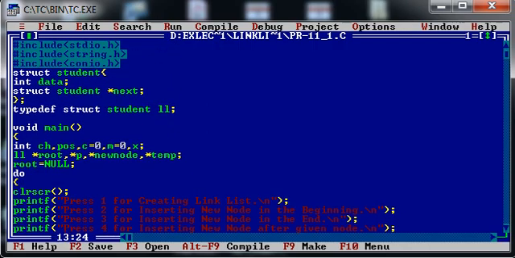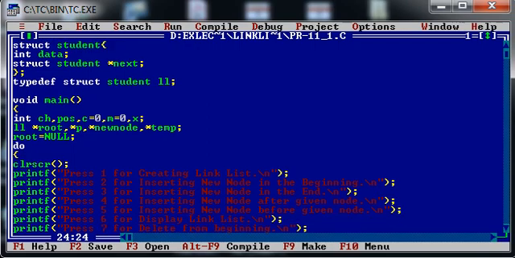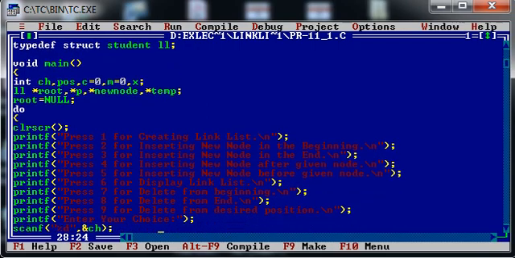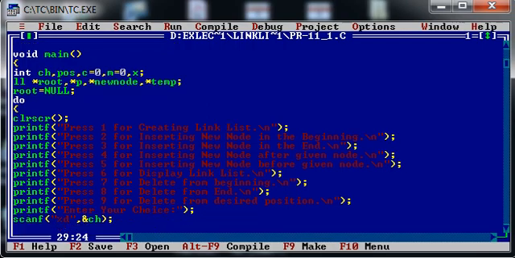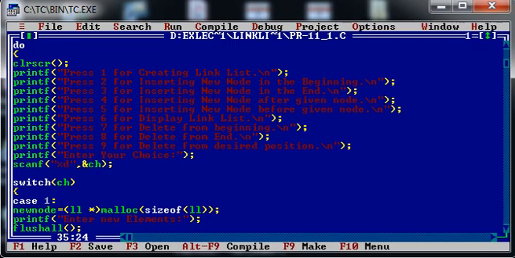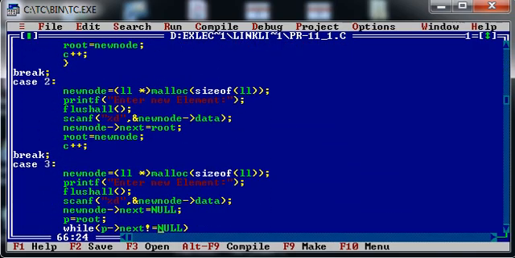This pointer temp variable will be used for releasing the memory for a node whatever the user would like to delete. So let us try to understand case number 7, 8 and 9 for deletion of a node.